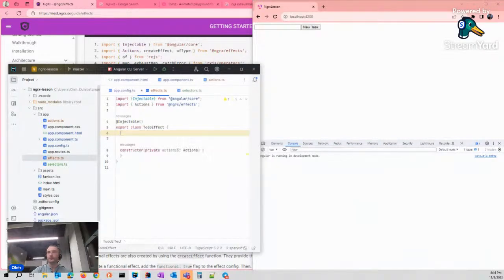Okay, first effect. What do we have to do? During the creation of a new task, let's define this process before we start.